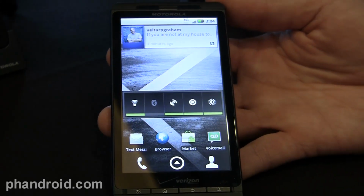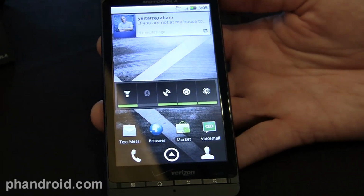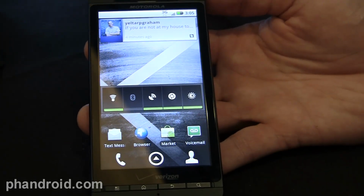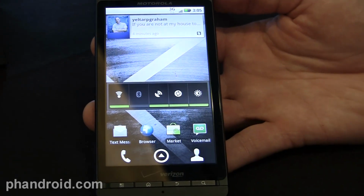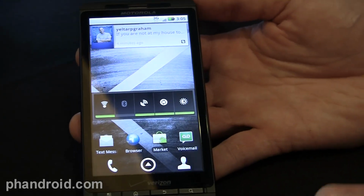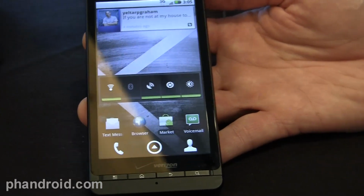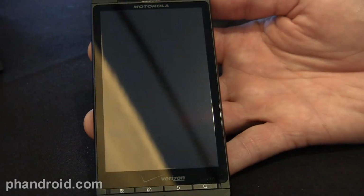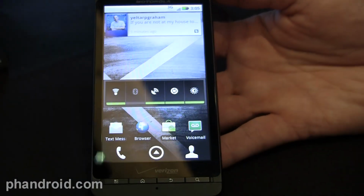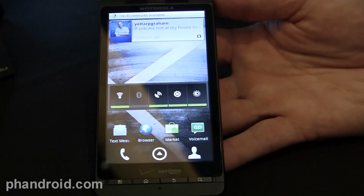It comes with a 1 gigahertz processor, so great horsepower to handle high performance imaging features, multimedia applications, gaming, all those things. It comes with 8 gigabytes of onboard memory, as well as an SD card of 16 gigabytes. That's a total of 24 out of the box. Users have the choice of upgrading the 16 gig card to 32, so you can have up to 40 gigabytes if I add up the SD card memory as well as the onboard memory. So really a lot of memory for users to store their pictures, videos, music, all of that. In that respect, we're really taking a leap forward and giving a lot more capacity to